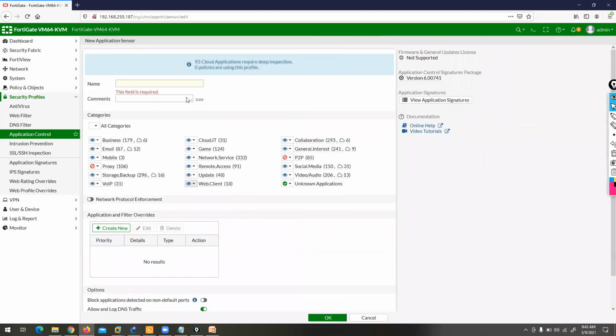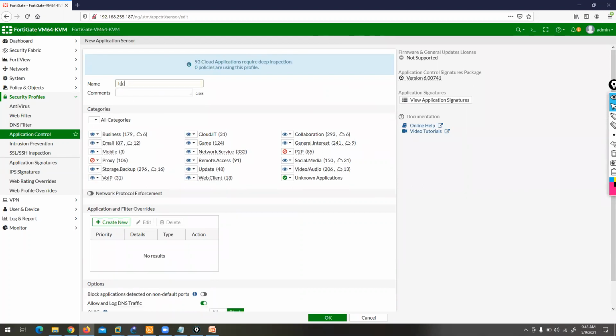But here you can create your profile. So you can give a name, block for marketing users. Now you can see we have a category here for application. Category for application means what? We have business application.